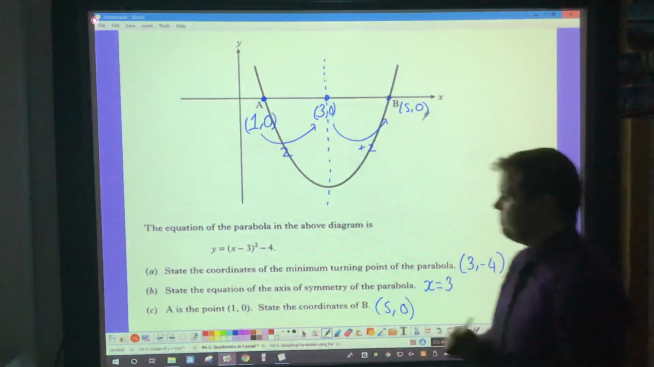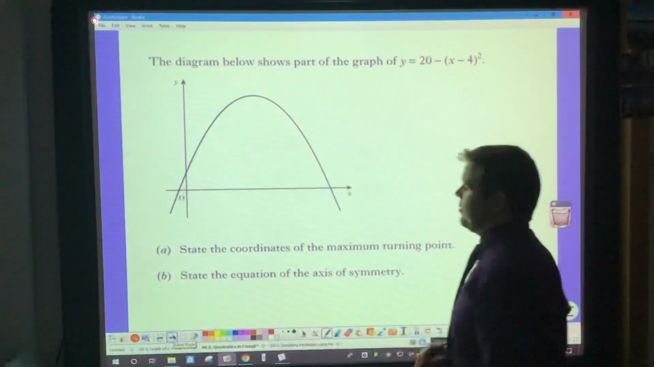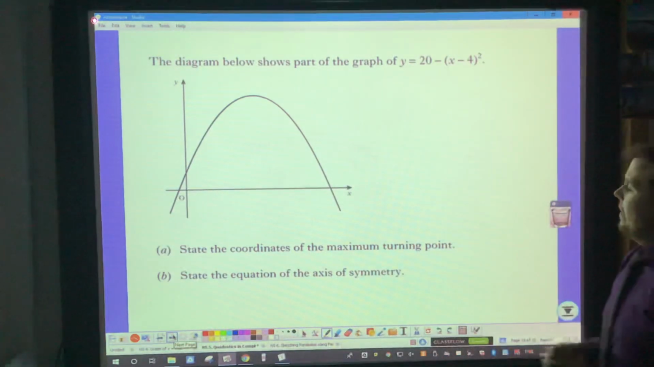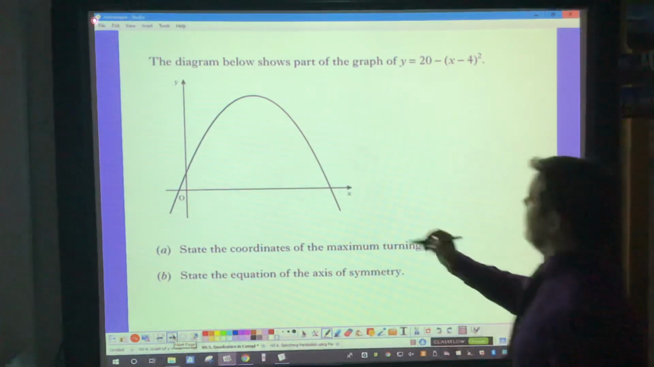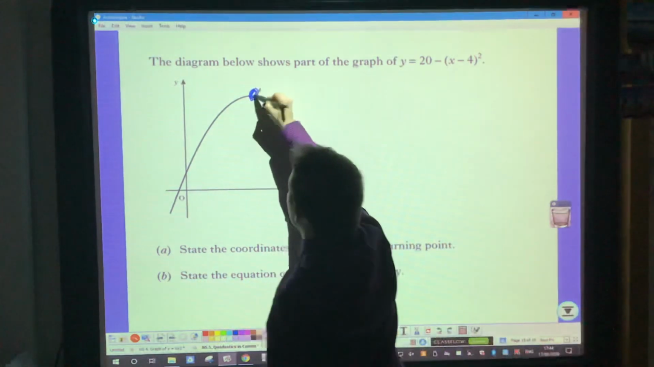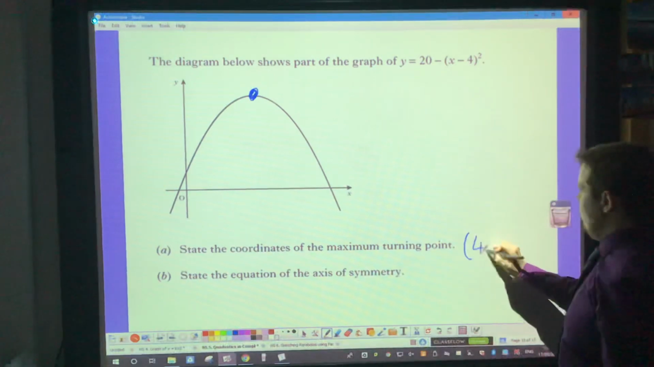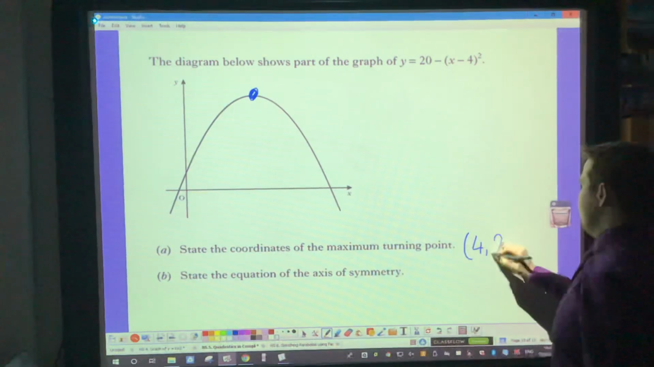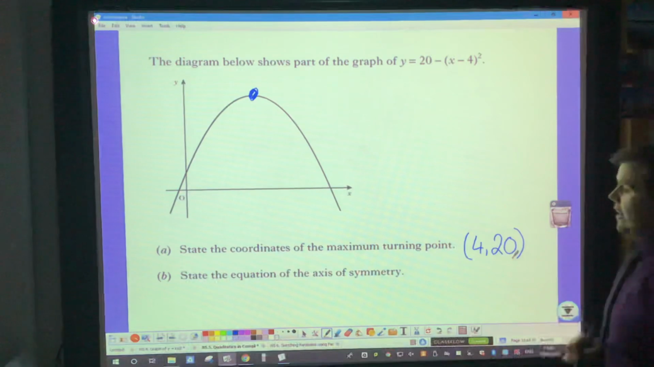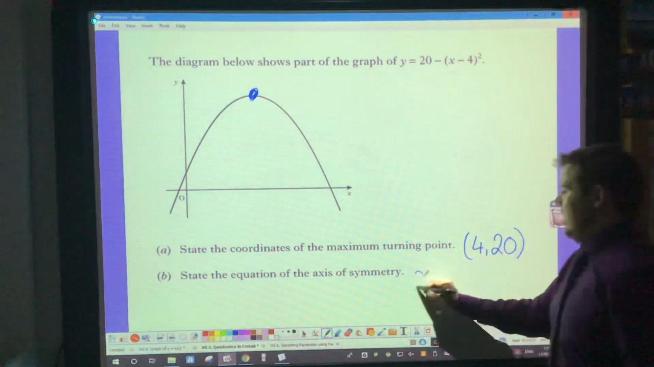Okay, last one. This is upside down, so it's a maximum. State the coordinates of the maximum turning point. Well, that's it there. The number inside the bracket is the x coordinate, change sign, 4. Number outside the bracket stays the same, 4, 20. And the axis of symmetry for that one, x equals